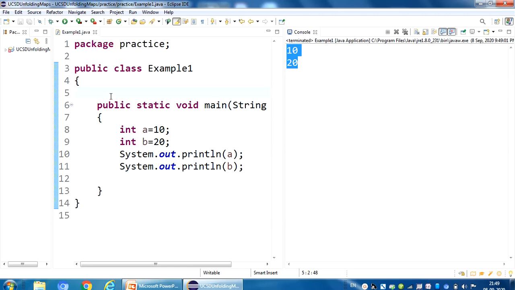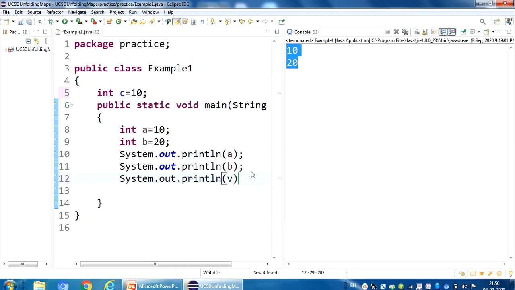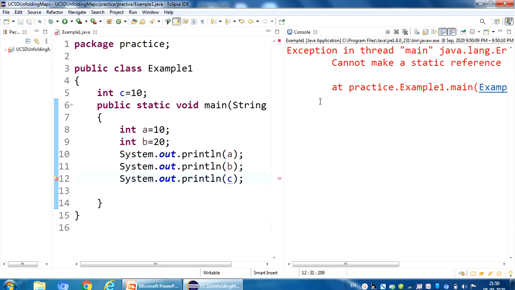If I define a variable outside the main method, int c equals 10, and now I try to print this c, then it will generate an error. System.out.println(c). If I run the code, you see an exception.